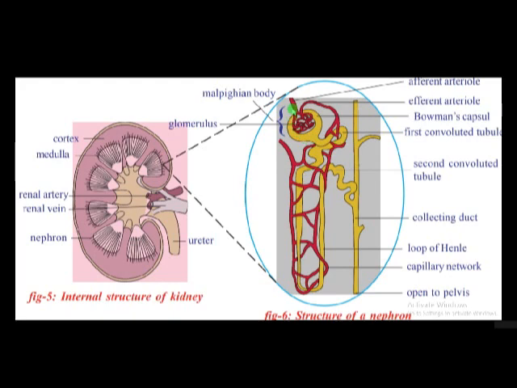And if we observe here, a bunch of blood vessels are there, and this is called afferent arteriole. The blood comes in through this afferent arteriole, and after coming into the Bowman's cup, it divides into a number of small branches, and after that a narrow blood vessel comes out. This is called efferent arteriole. The size of the afferent arteriole is bigger than the efferent arteriole. Here afferent arteriole is bigger and the efferent arteriole is smaller.